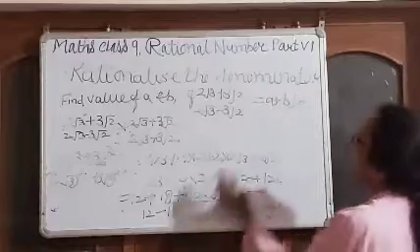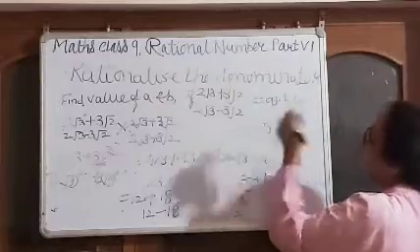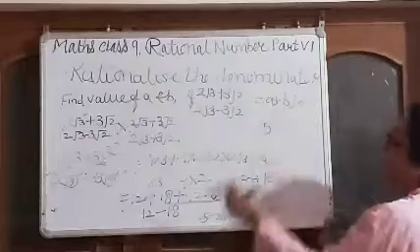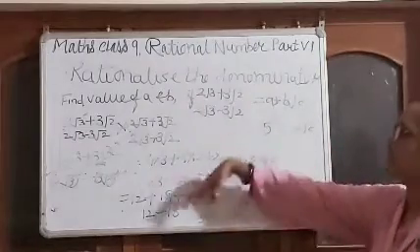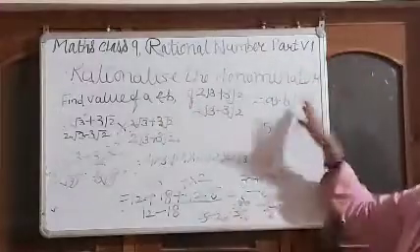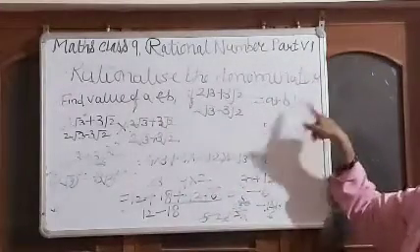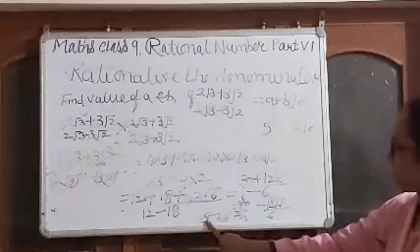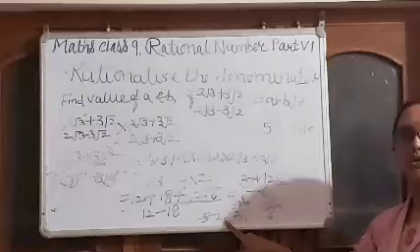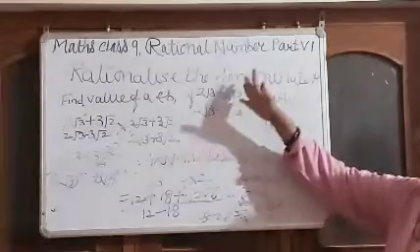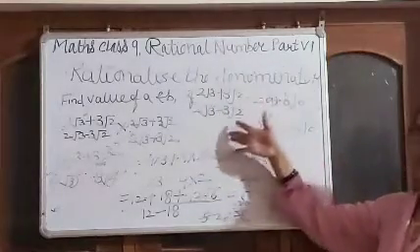So what is your A? A is equal to minus 5. And what is your B? B is equal to minus 2 root 6. Simply we have to first rationalize the denominator and write the answer in the form. So A is minus 5 and B is minus 2 root 6. So we will rationalize the denominator in this way.